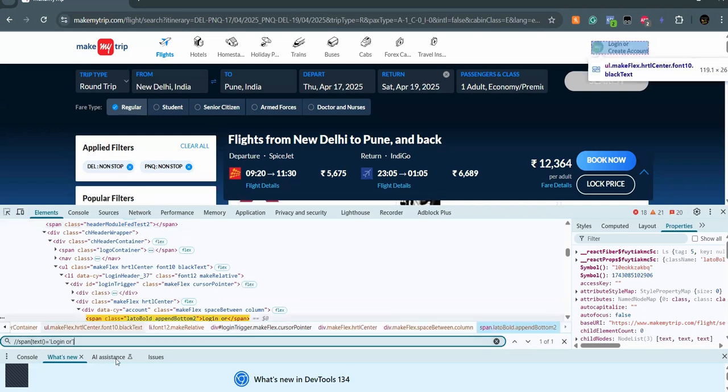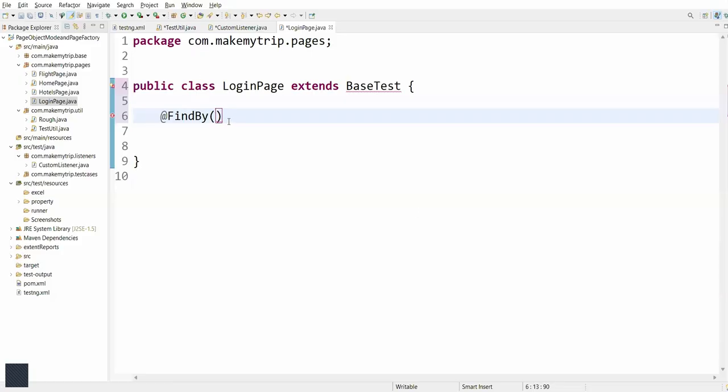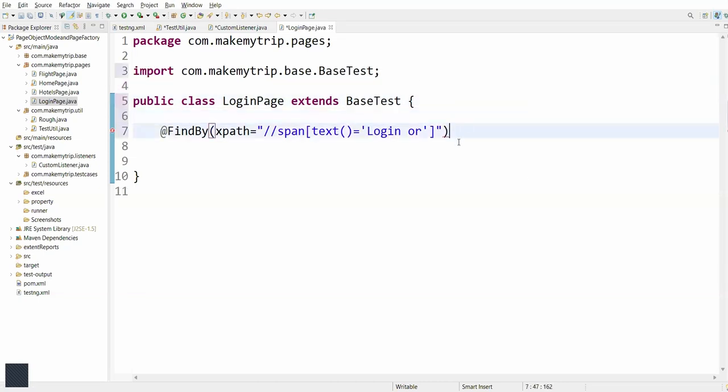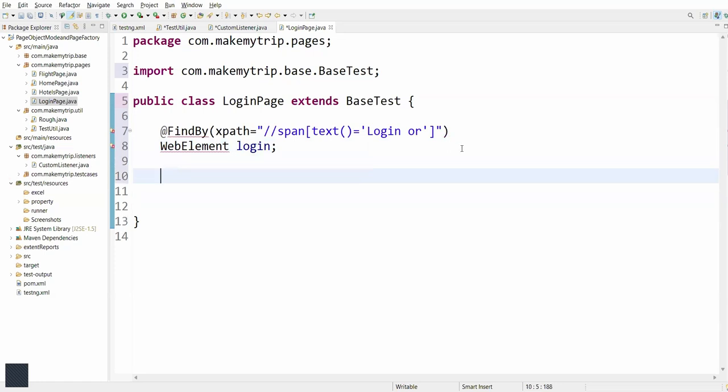See now it is getting highlighted. It is showing only one element. So I'll copy this xpath and paste it over here. xpath equal to, BaseTest. You can import the packages. So now this is the web element login. Okay. Once we click on login,